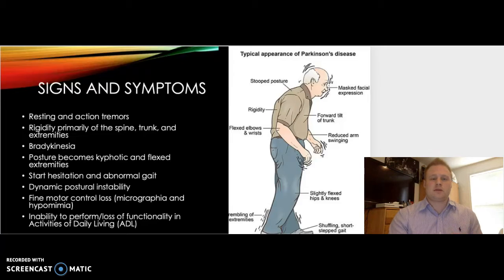Next, we can look at the rigidity, primarily of the spine, trunk, and extremities, loss of range of motion, which increases their fall risk, balance issues, and more. So now, bradykinesia is the slowness or inability to rapidly move fingers, toes, hands, arms, any extremity pretty much. Just those muscles don't fire at the rate that we want them to, and with that,